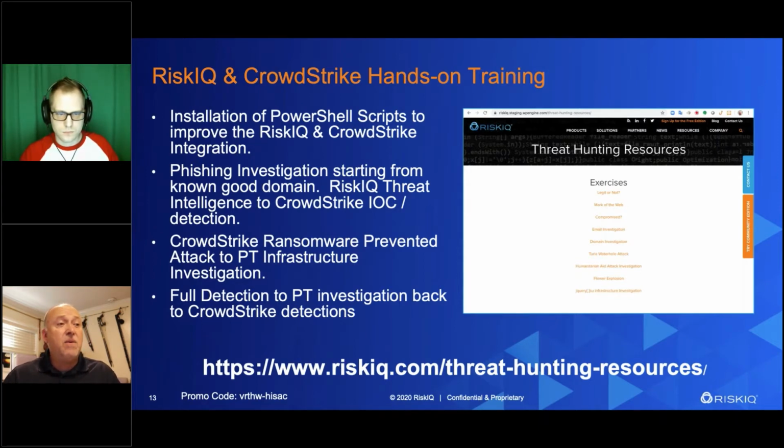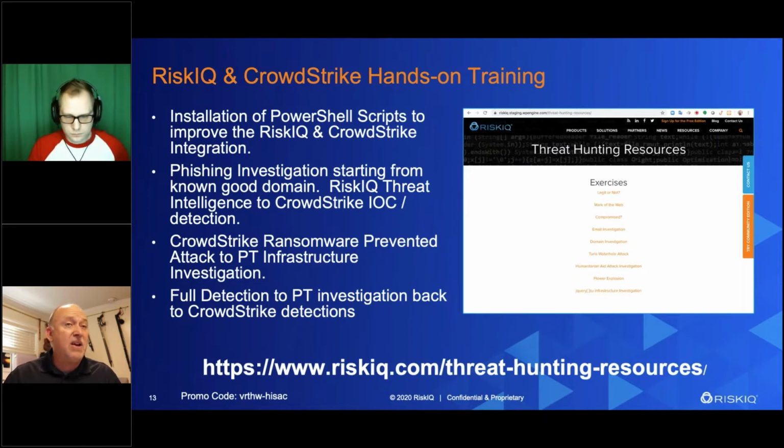And then Brendan's going to go through and talk about a ransomware attack and how it was prevented with CrowdStrike, and then we'll go and investigate it in there, and then we'll jump over to RiskIQ and visualize that investigation, understand all of the infrastructure, chain it together to figure out the full extent of that threat actor, and then what the potential risk could be for an organization that was compromised and getting their credentials stolen, on top of